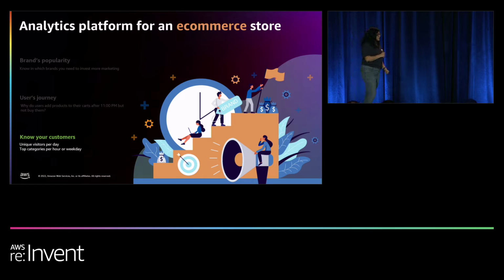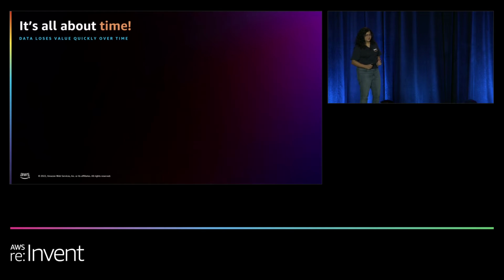Or for example, recently I was buying a TV, so I realized this is something that people do with TVs as well. Like some TV is trending because a vlogger talked about it. What you could do is you could say, "Hey, I cannot give discounts on the TV, but let me do this. I'll get a third party, I'll give you a combo deal. You can get an insurance, get an installation, you get shipping, everything through the third party, and this is a combo deal that I want to give to you." So there are a lot of different things that you can do if you know your customers.